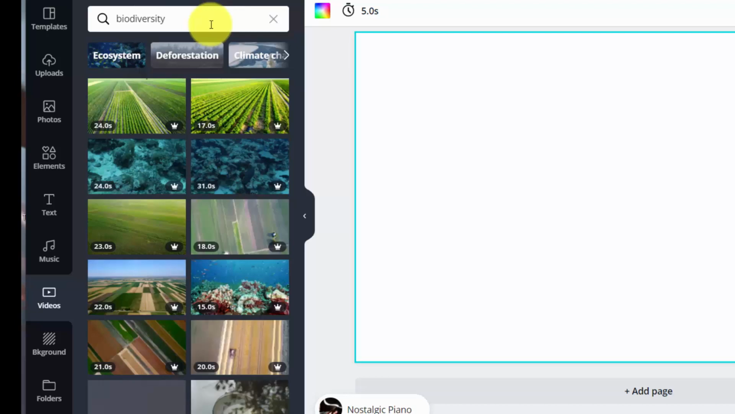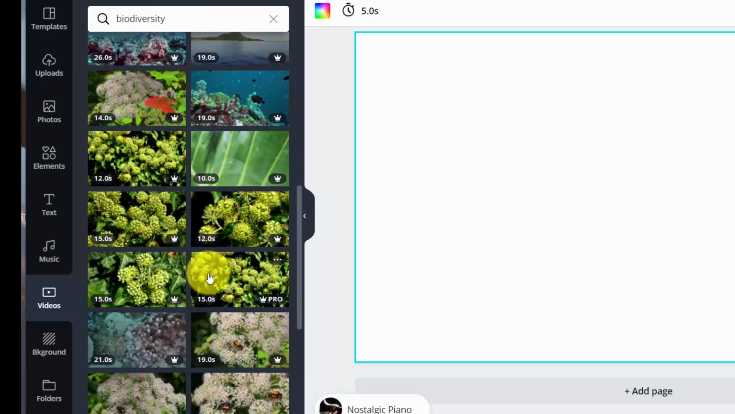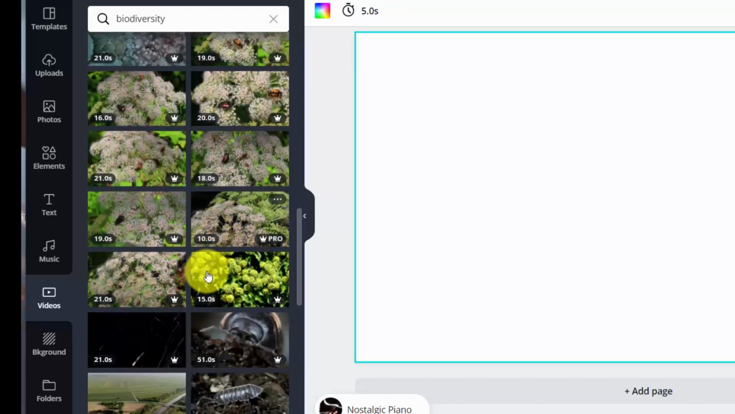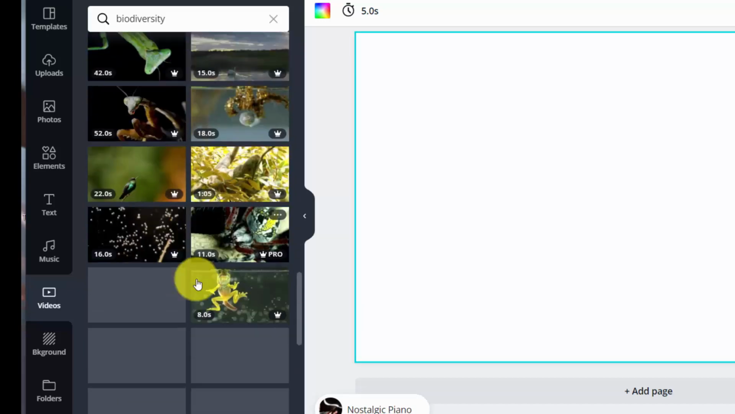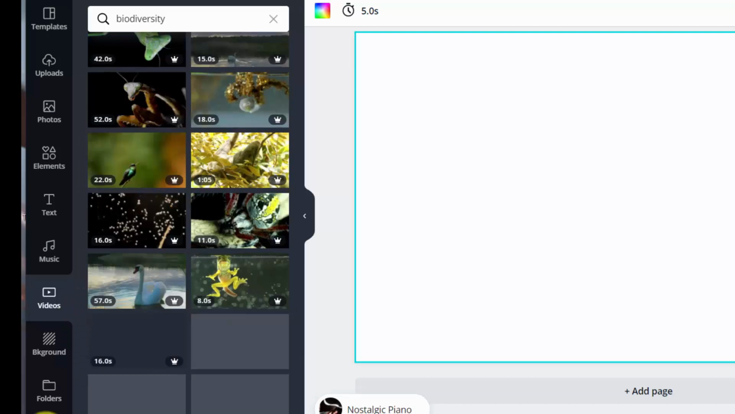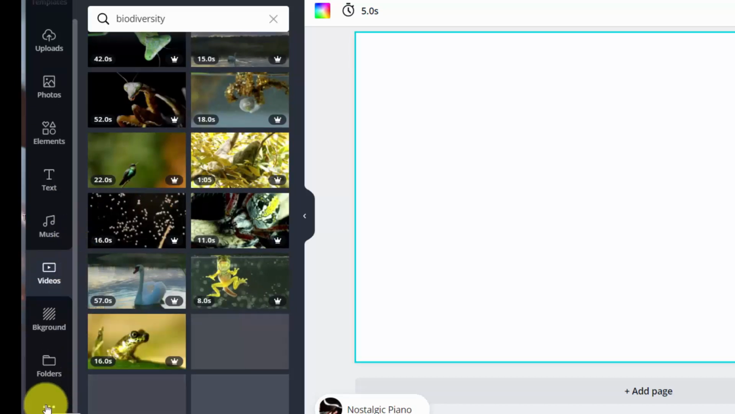If I click on this particular search box and I give the command biodiversity, then it will give me these different videos. These videos are available in the pro version. Many of these videos are available in the pro version. That is why I am not going to use it. Instead of that, I will go for another option for uploading the video, which is available over here in this